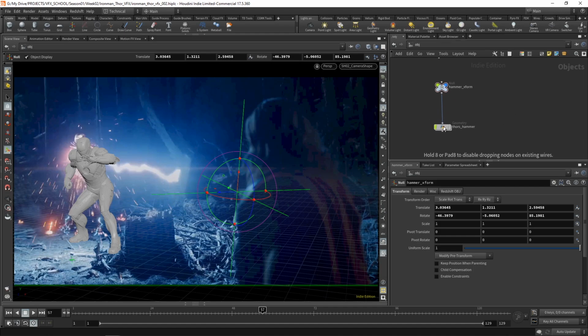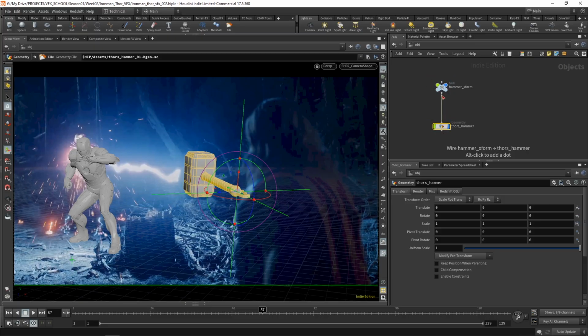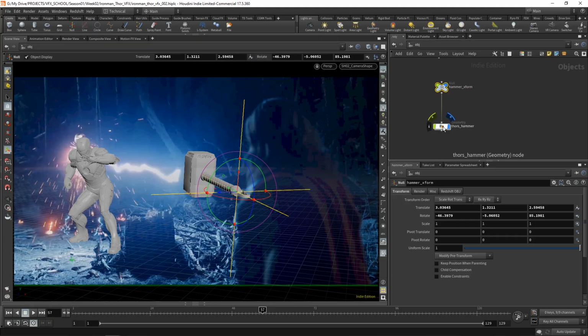So the way we're going to do that is we're going to place a null between this one and Thor's hammer. We know that this is affecting Thor's hammer because this is the parent of the hammer. So any transform that we apply to the null is going to be reflected on Thor. But what we're going to be doing is creating an intermediate null, a second null, that's going to be parent